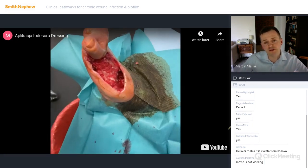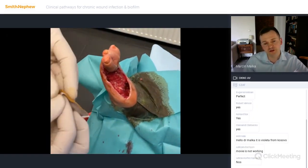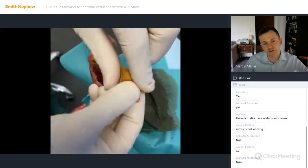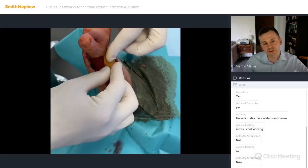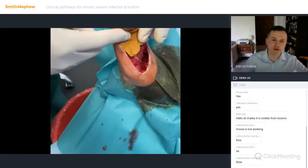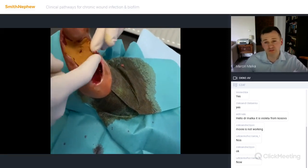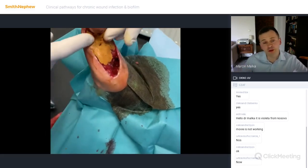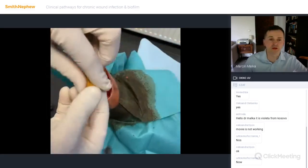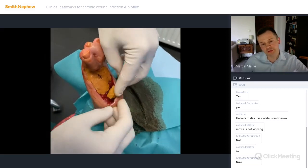And the iodosorb application was received yesterday. The patient had a foot sarcoma and was after surgery, and there was around 5 millimeters of deep biofilm. So we used 2 pieces of this smaller iodosorb, and I'm sure that after a few applications of this product